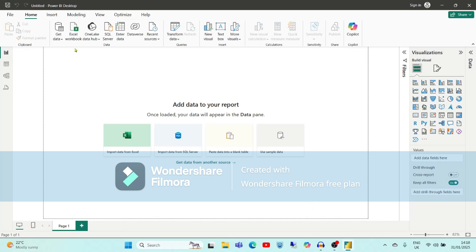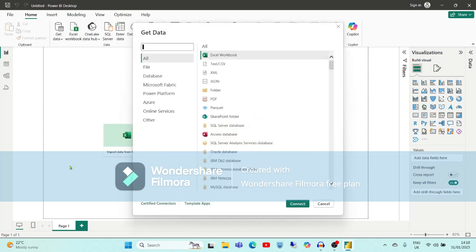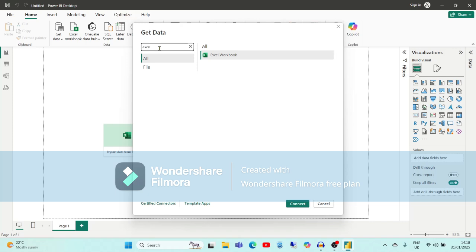Otherwise, you have another option; here also it is showing Excel workbook, and from here also you can import the file. Here also it is showing import data from Excel sheet. But Get Data is the best option because each and every type of data you will get here. From Get Data, just click on More, and we want to import the Excel file which I have shown right now.